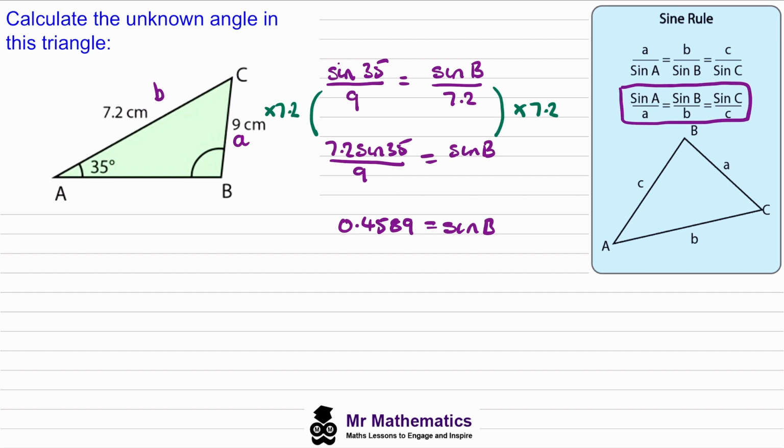Now to work out B, we need to do the opposite of sine, which is arc sine. We write this as sine to the negative 1. This is arc sine. And we need to do this to both sides. So then these will cancel, and we've got the arc sine of 0.4589, which gives us